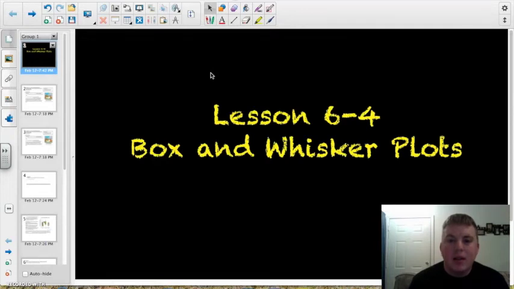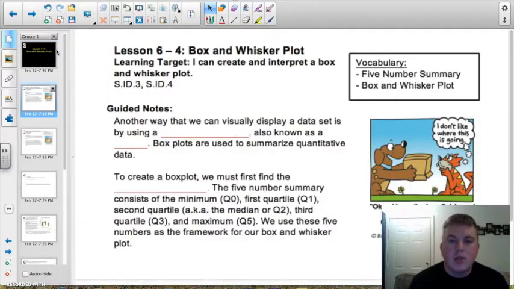We're going to be taking a look at box and whisker plots in this lesson. So let's go ahead and take a look at our learning target. Our learning target is that I can create and interpret a box and whisker plot. Box and whisker plots are something you have seen before, so this shouldn't be anything groundbreaking or revolutionary for you, but we will go ahead and review how to create one of these and how to read and